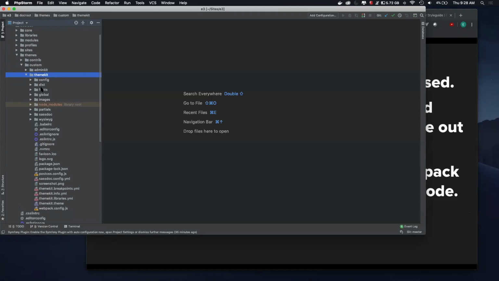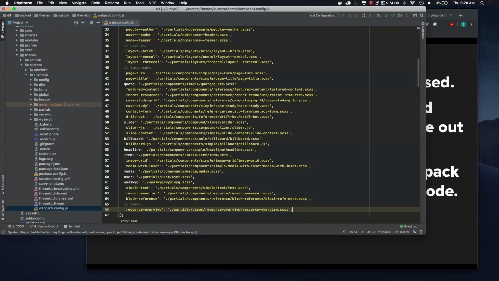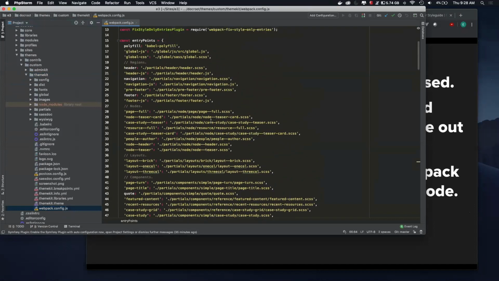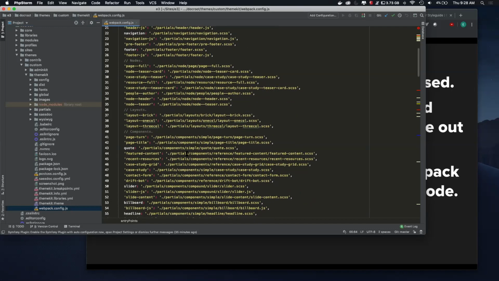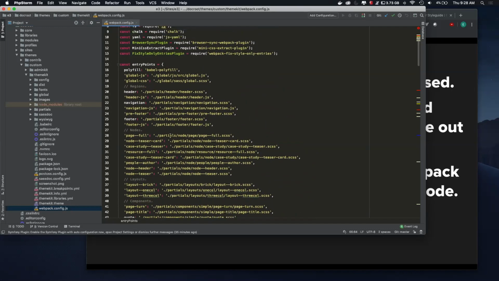Again, it's set up with Webpack, so you've got a Webpack config down here. I don't want to get too in the weeds with Webpack, but what Webpack allows us to do is create different entry points for all of our different components, and we can then include only that CSS or JavaScript in that particular component as its own individual library. There's tons of entry points in here, and it's a little bit confusing, but what this is essentially doing